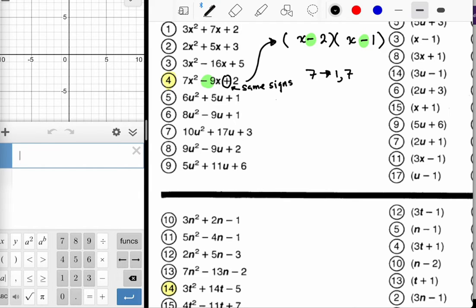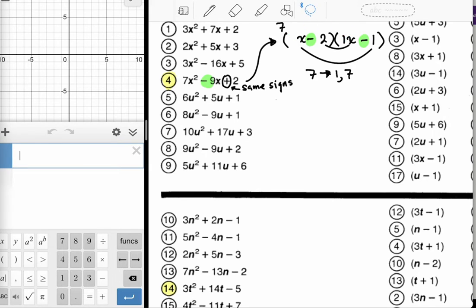All right, so 1 and 7, so I'll try putting the 1 here and the 7 there. If that doesn't work, then I'll just switch them around. If that doesn't work, then it's not factorable because I will have tried every possible combination that makes sense. All right, so create my little arc diagram. I got a negative 14x and a negative 1x. That doesn't get the job done because I'm looking for a negative 9. Those two would have to add to a negative 9. So no good there. So then I would swap the 7